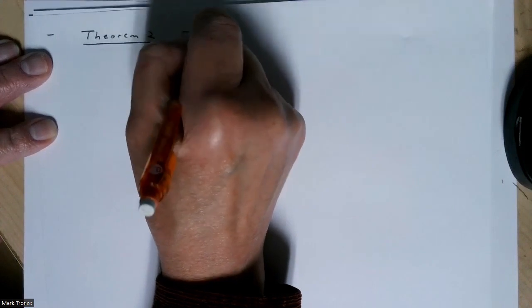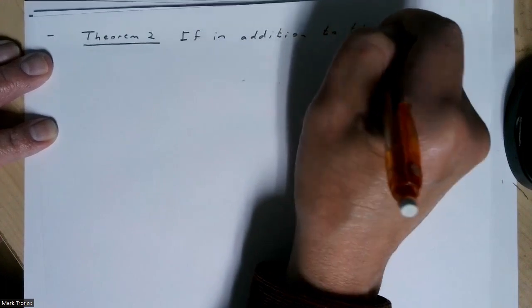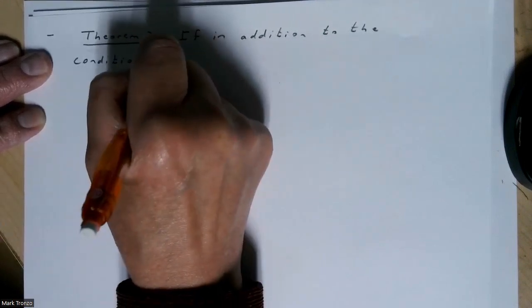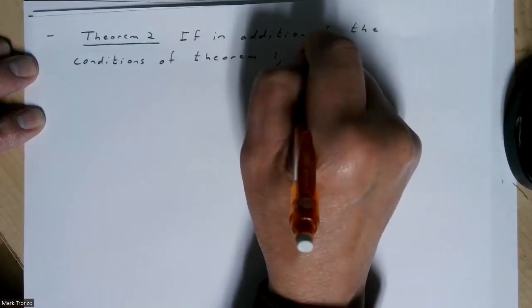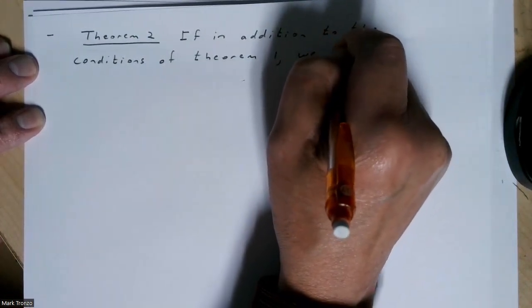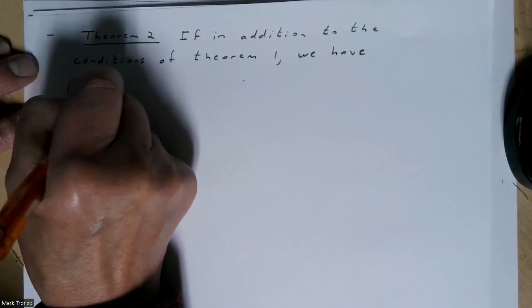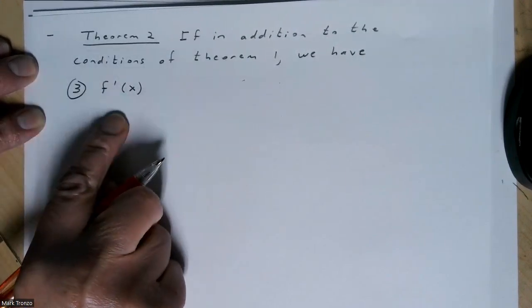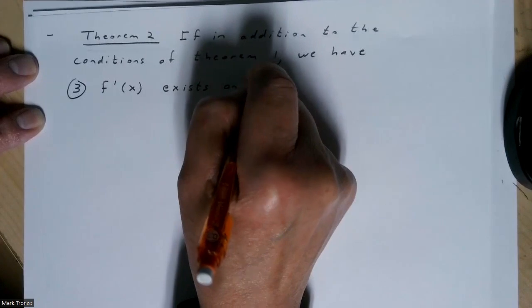So let's say in addition to the conditions of theorem 1, so we had those 2 conditions from theorem 1, we also have 3, the derivative of the function exists on the interval AB,